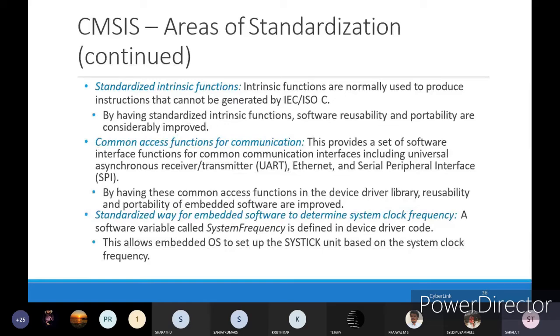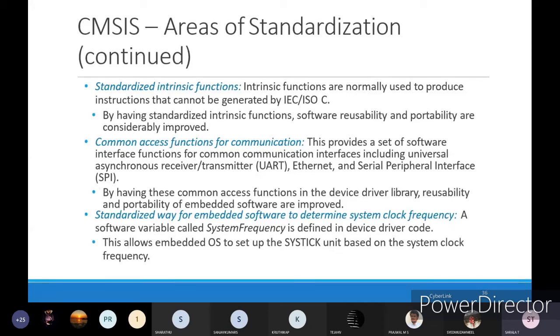Common access functions for communication. This provides a set of software interface functions for common communication interfaces, including the universal asynchronous receiver transmitter (UART), Ethernet, and serial peripheral interface, that is SPI. These three are the actual common access functions for communication.